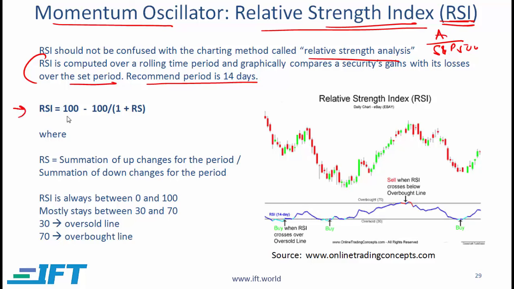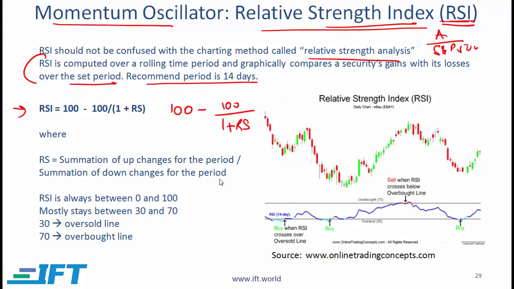The relative strength index is equal to 100 minus 100 over 1 plus RS. So I will write this in a manner that makes this a little more clear: 100 minus 100 divided by 1 plus RS. The RS stands for the sum of the up changes for the period divided by the sum of the down